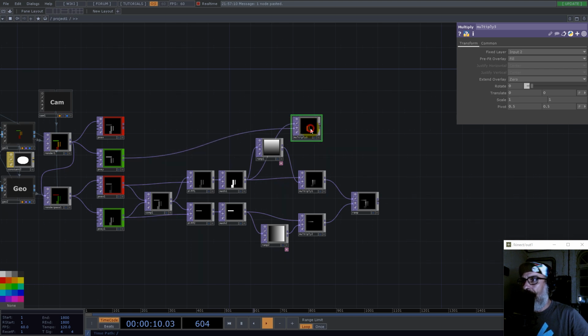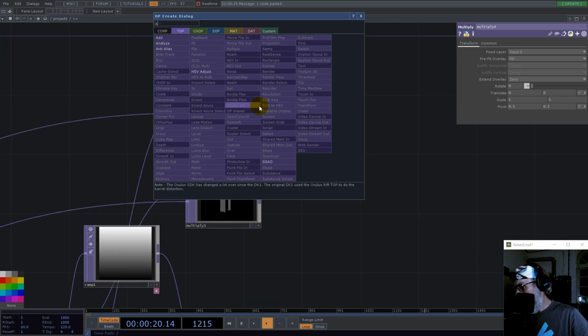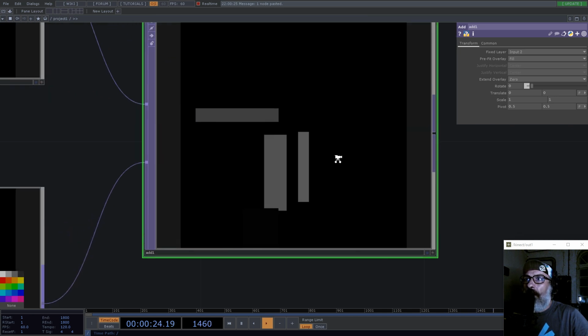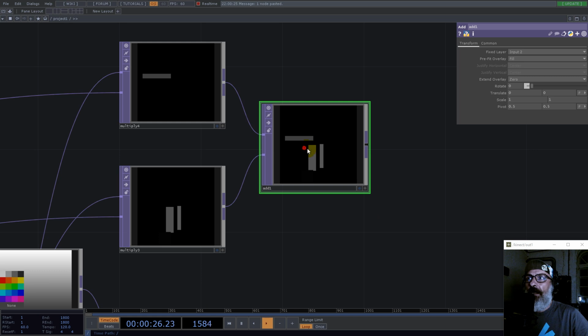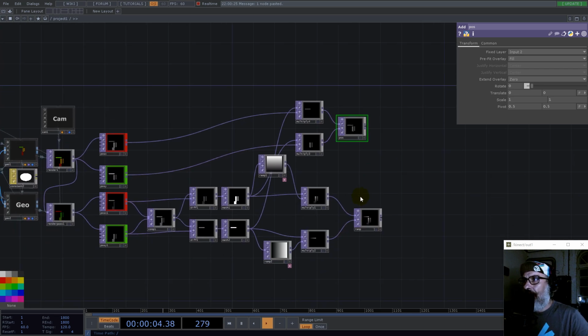And again, we take this one and multiply with this one, and we add them. Okay, and this is position. Okay,